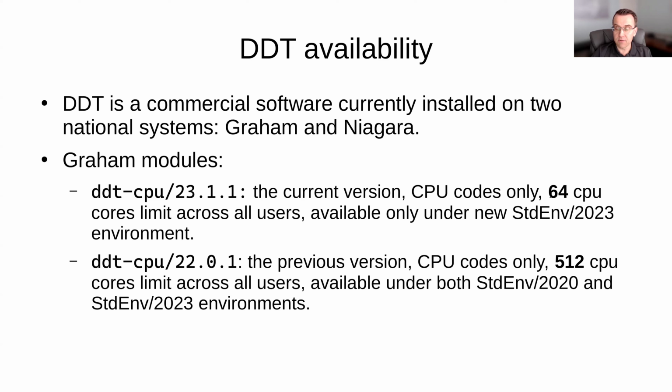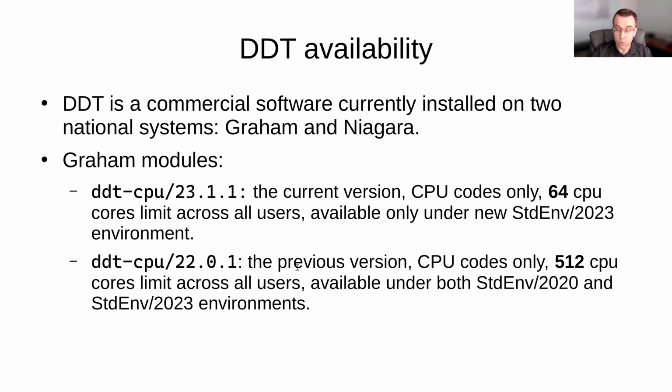The license only covers up to 64 CPU cores across all the users at any given time on Graham. And it's available only under the new standard environment 2023. This is not default yet, but it's already available, so you can already load it. If you need to use the most up-to-date version of DDT, you have to load it first. Come April, it will become the default environment for everyone. We also maintain an older version,